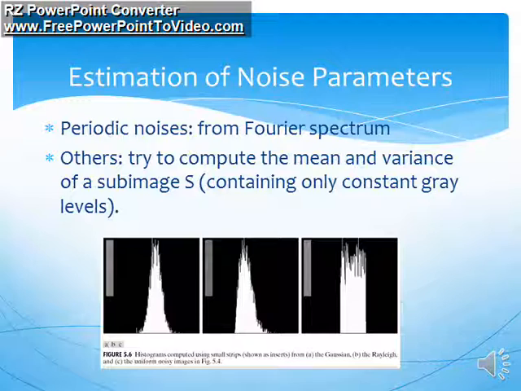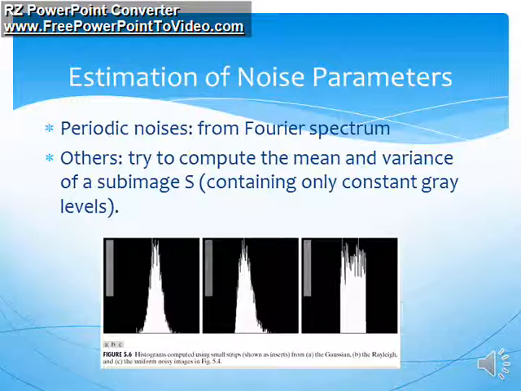Now this is the estimation of noise parameters. Noise parameters are very important because depending on these parameters the noise characteristics and the amount of noise can easily be understood. So the estimation of noise parameters is very important. We have to keep in mind some points. The periodic noise is generally estimated by the Fourier spectrum, and all others are generally